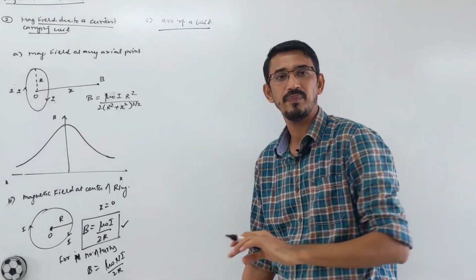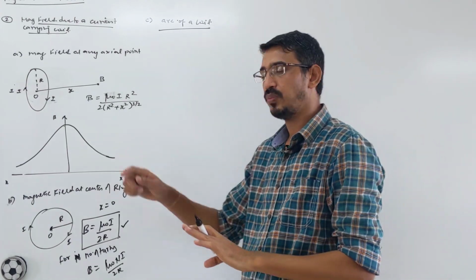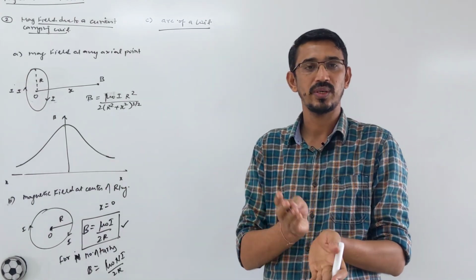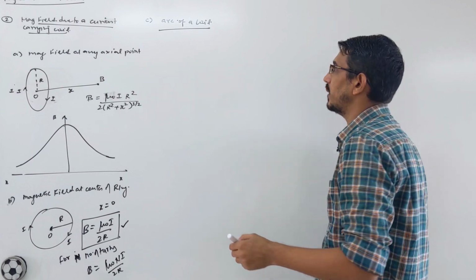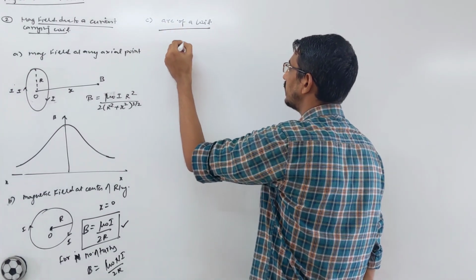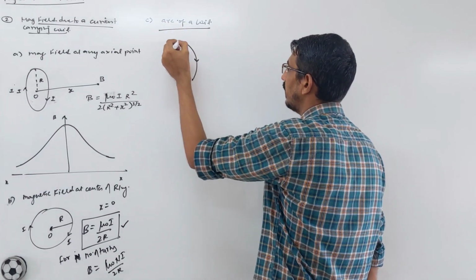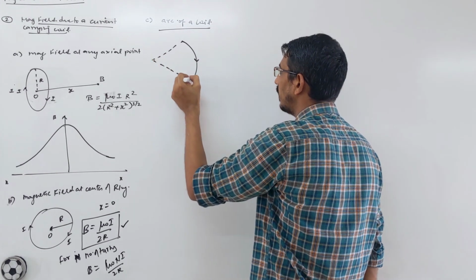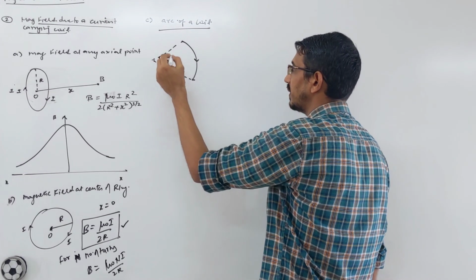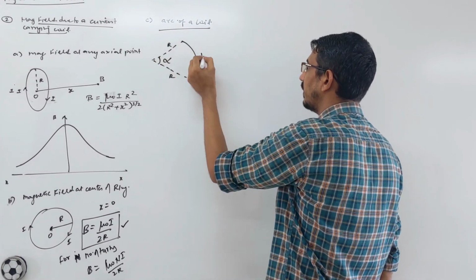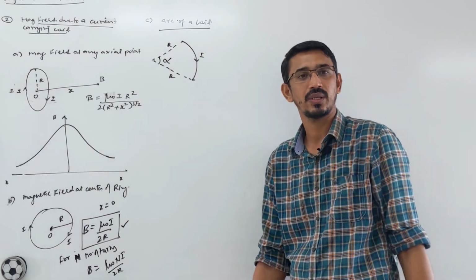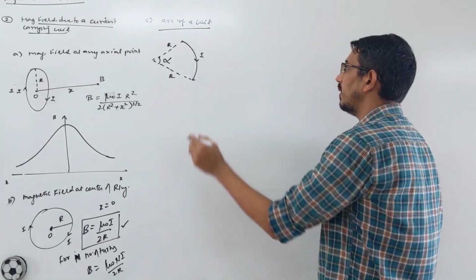Okay, you don't have a complete coil with you, the complete loop is not there. You have a half loop, quarter loop, or any angle. So any sector or any arc is given. Suppose this much piece only you have, and it is subtending an angle alpha at the center. This is the radius, and the current flowing is I. You want to know what the magnetic field is due to this much part only. So it's very simple how to answer.